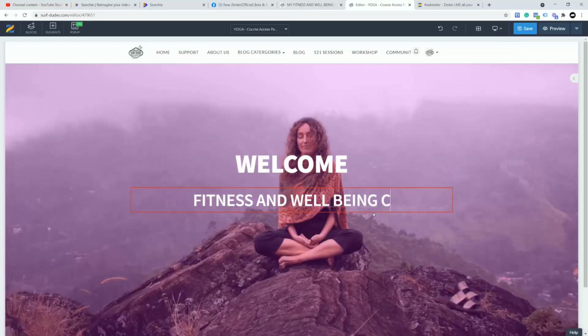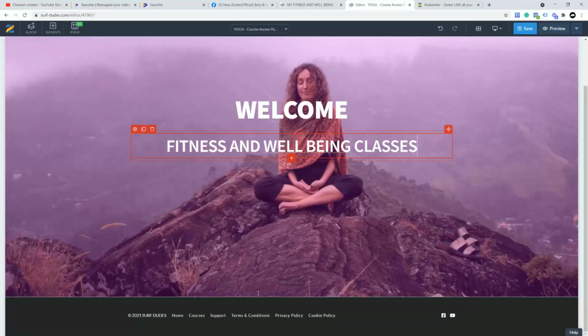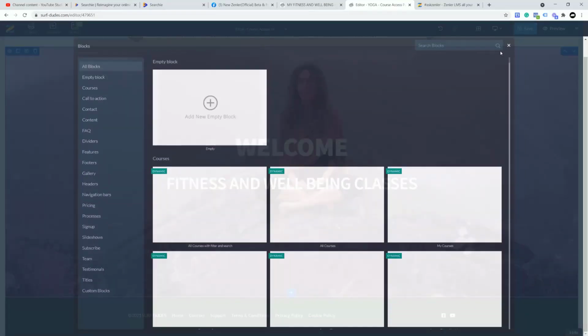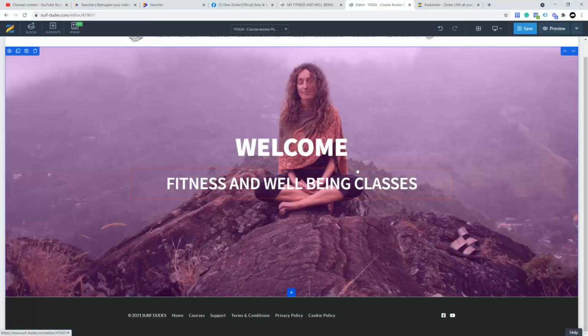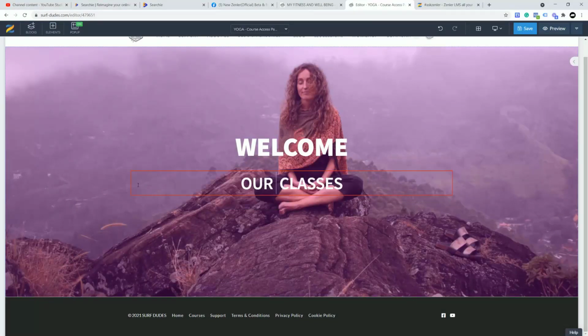And change this to classes. Okay, now at this point, this is the page that you have access to. So guys, you can now start to put new blocks in here with your video content. This will be the page they end up with when they're on the yoga. So I need to change this a little bit to our yoga classes, because it's the yoga course